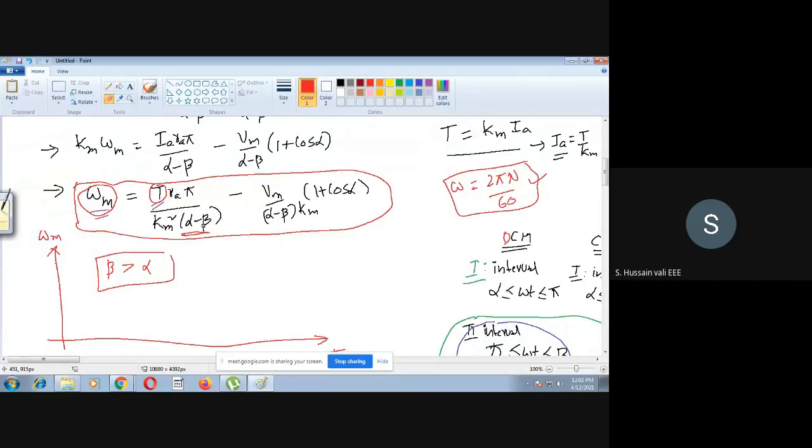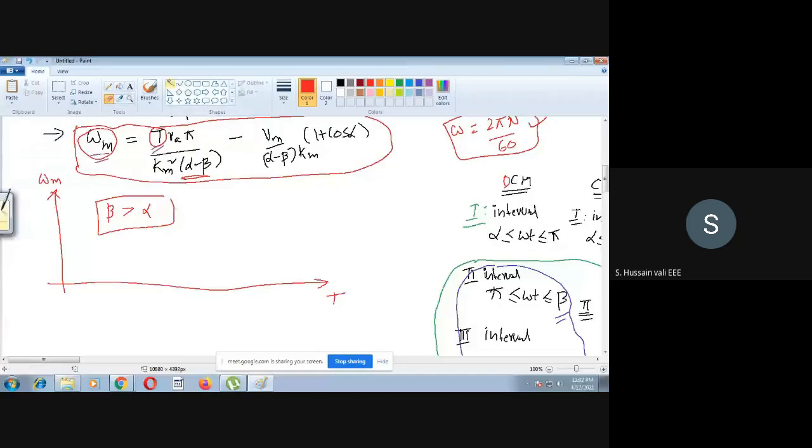Then to arrange this once again, I will rewrite the omega m expression. It becomes beta minus alpha, so this becomes negative, whereas this becomes positive. So omega m is Vm by (beta minus alpha) into Km into (1 plus cos alpha)